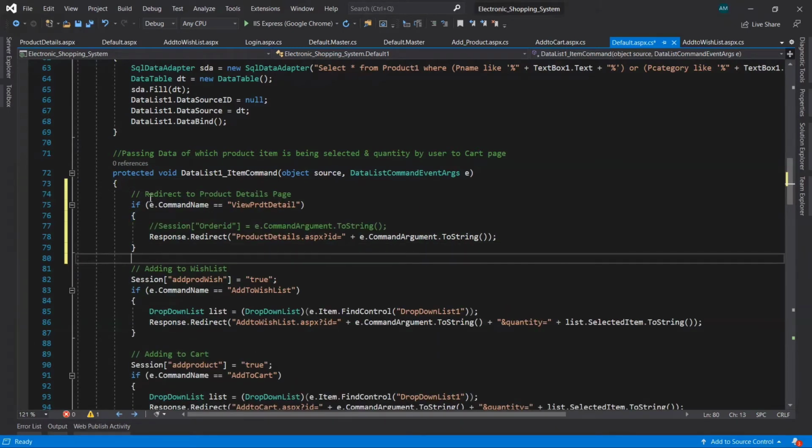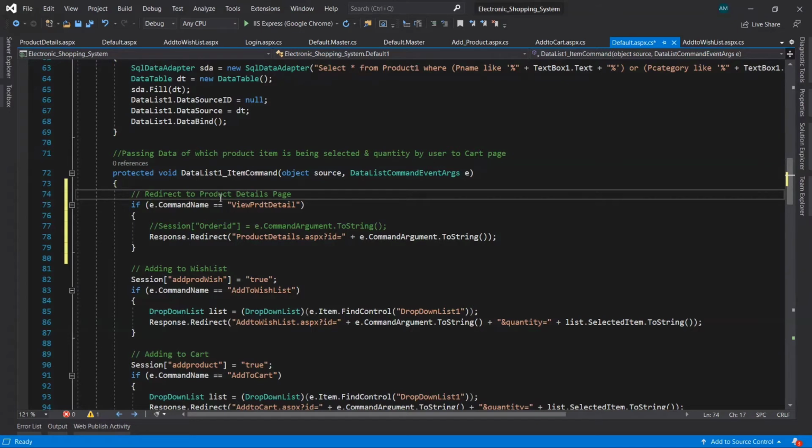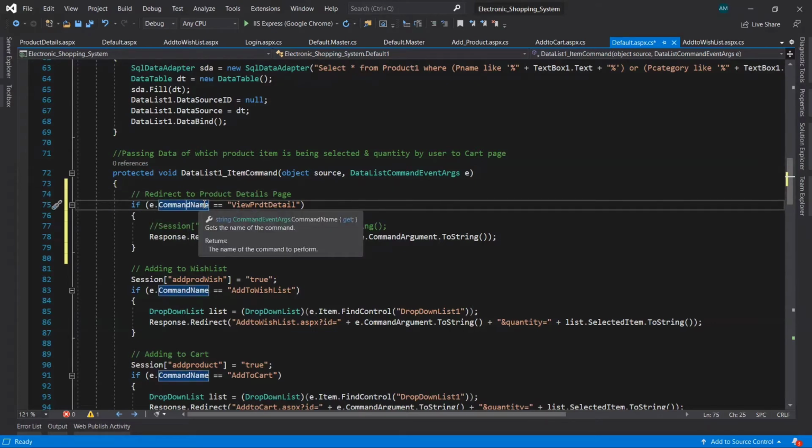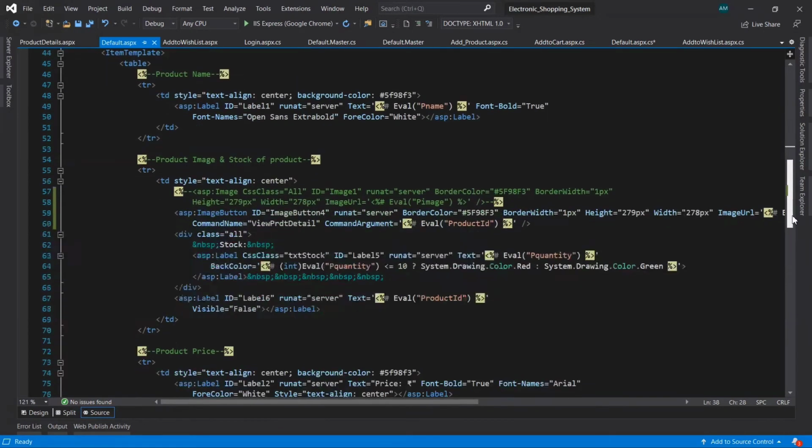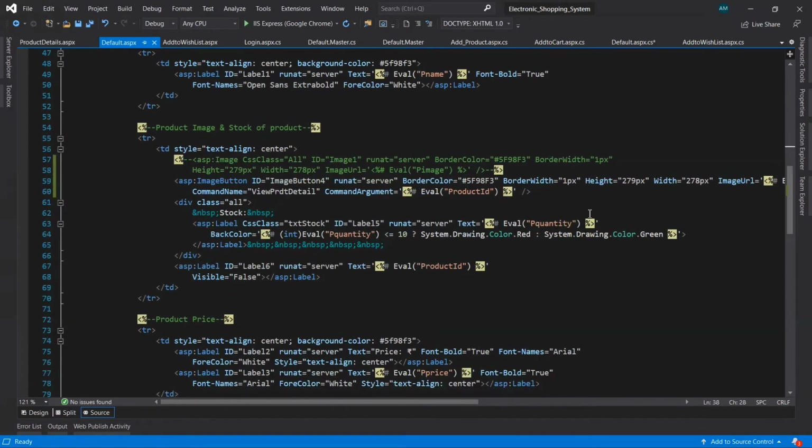So I have pasted it here. It is going to redirect the user to the product details page. It is going to take the command name that we have specified inside the default.aspx page. Here in the image button we have taken the command name, that is view product details.